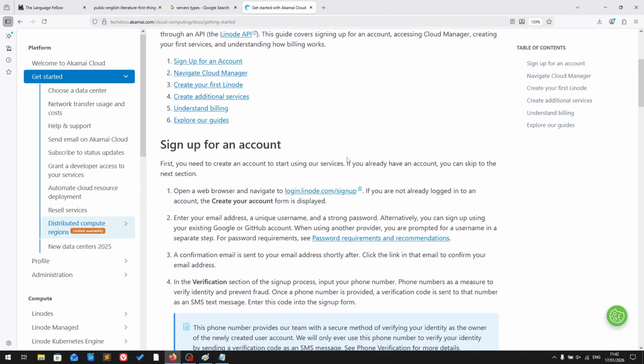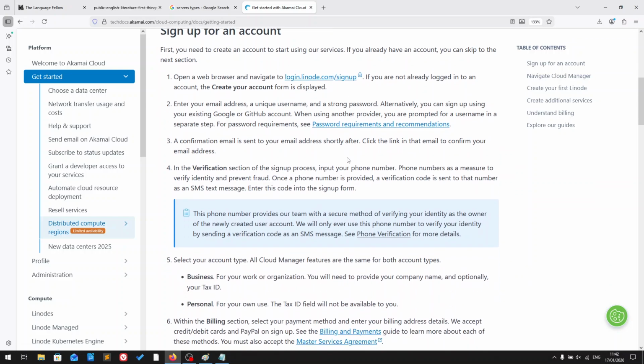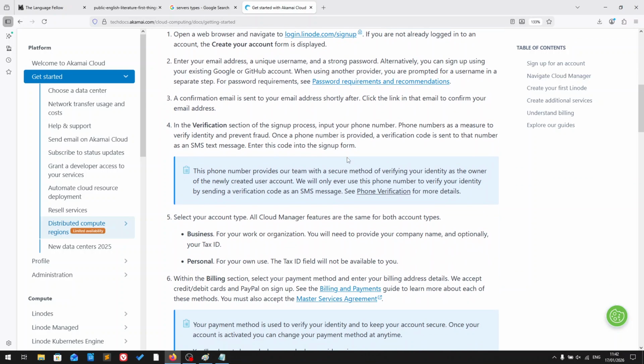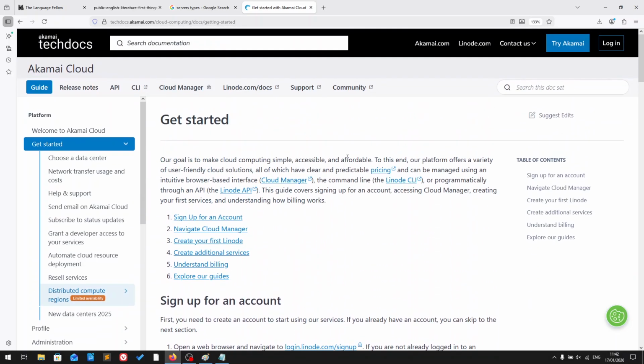Servers. Coming back to servers. So, what's cloud? And people are going off the cloud, making their companies' systems closed instead of open. So this is also a trend that is related to globalization and then anti-globalization, and we could talk about that, but that's for later. So sign up for an account, navigate Cloud Manager, create your first Linode, create additional services, instant billing,